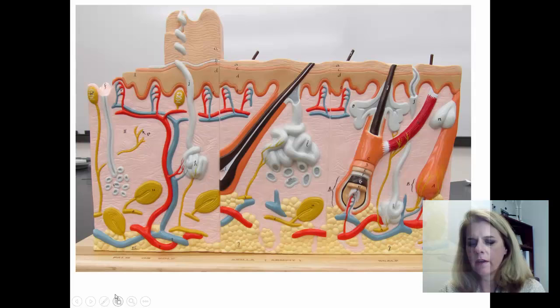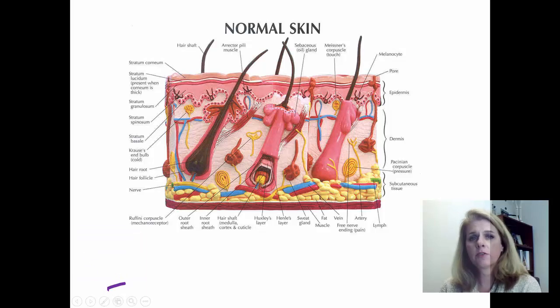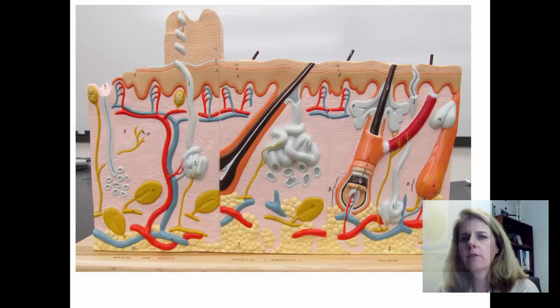This is a picture of one of the slide models in lab, and everything's labeled, so you can use this as a reference. You also have a PDF file in your Blackboard that has all the structures listed that you need to know. I'm just going to go through the models and point out structures for you that you need to be able to recognize. And again, you've got the labeled version. You also have your online lab guide that has labels as well. And the model looks very much like the picture in your textbook too, so you've got several ways to reference